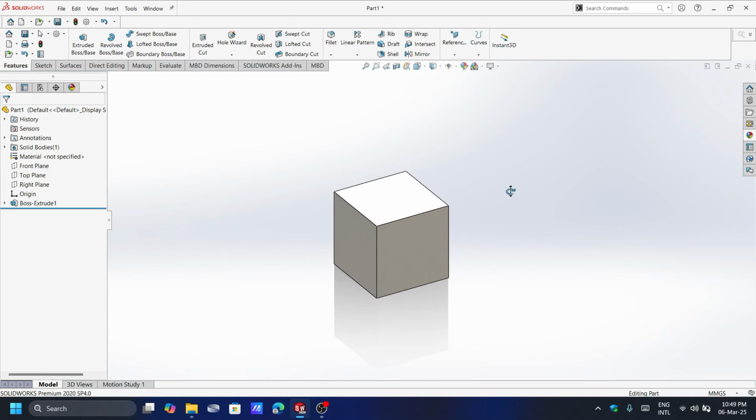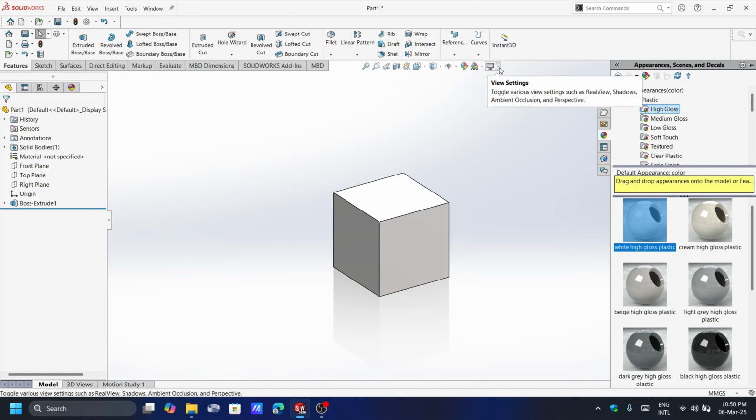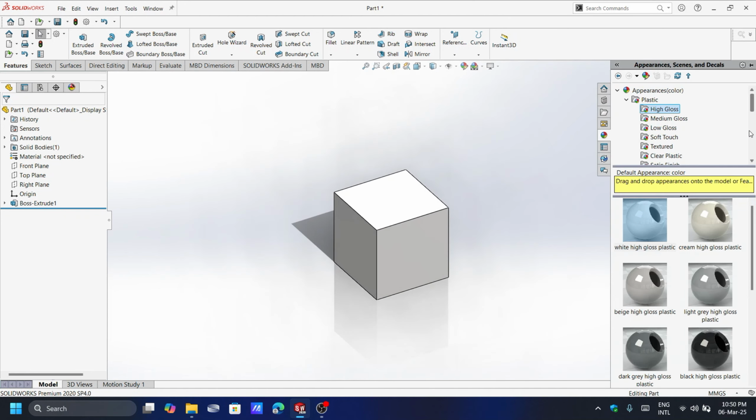Now to change the appearance of this box, all we have to do is click here and select any appearance you want. Let's say metal, plastic. Go to plastic, double click on this. See, and if you want to give a more realistic look to our 3D model, let's click here and enable these options. See, go to appearance again,